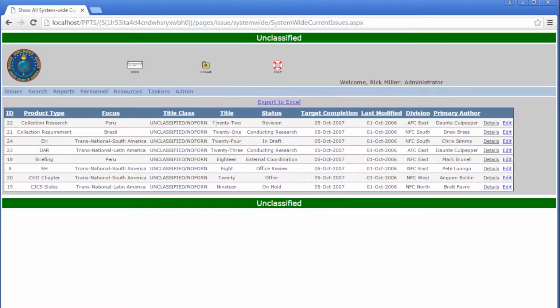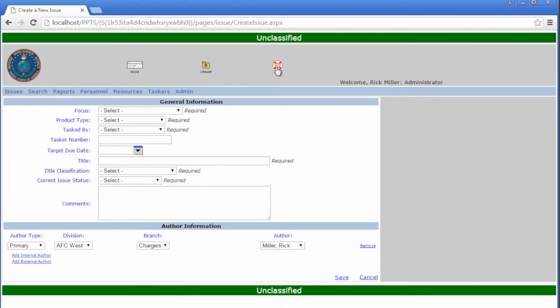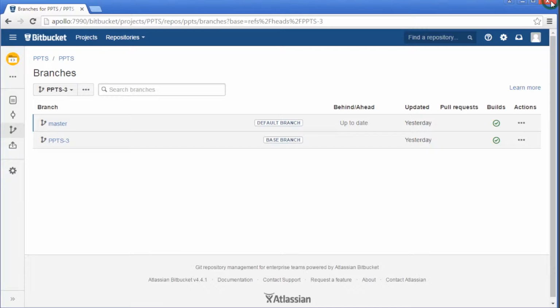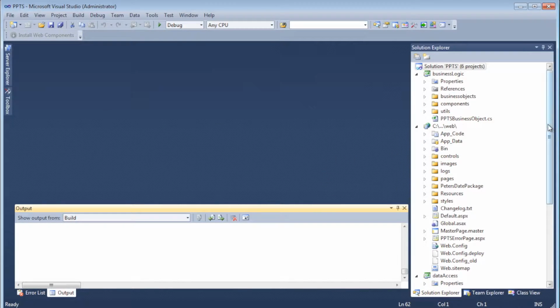Okay, so it's just a neat little web app, and it was built in order to create intelligence analyst production issues, etc. I'm not going to go into it, but okay, so it's working, it's running. Go back home here. All right, so I'm just going to close that window so we see that's working, and minimize that window there. Okay, so back to Visual Studio. Now I'm going to pull up